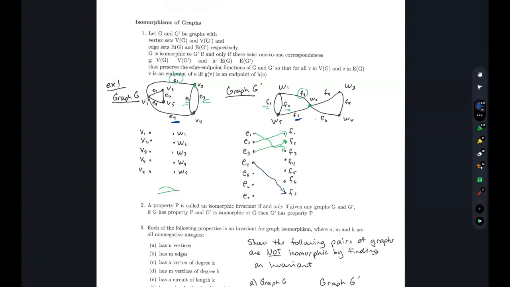F7. And then E5 looks like E5 is right here, and it looks like it goes between a vertex of degree 2 and a degree 4. So E5 looks like it goes to like this one, degree 4 to degree 2. So E5 will go to F6. And then it's kind of process of elimination. We don't have too much left, right? So the E6 here is going to go to the F5. And the E7 goes to the F4. Okay,